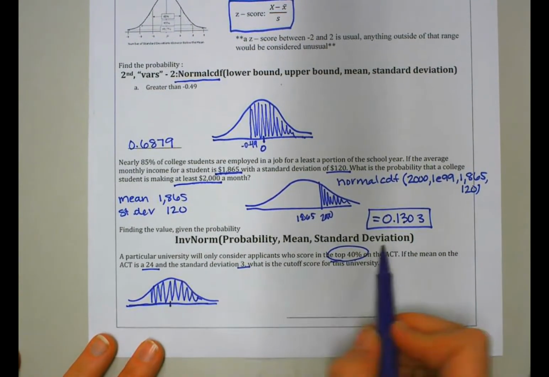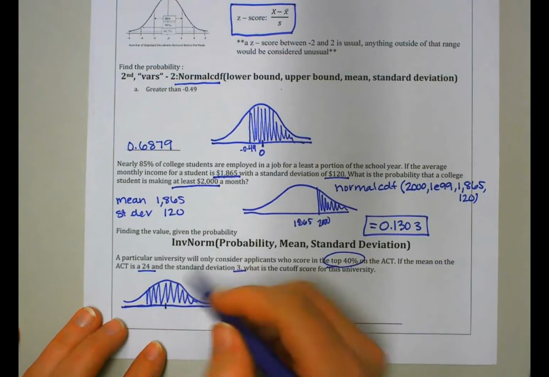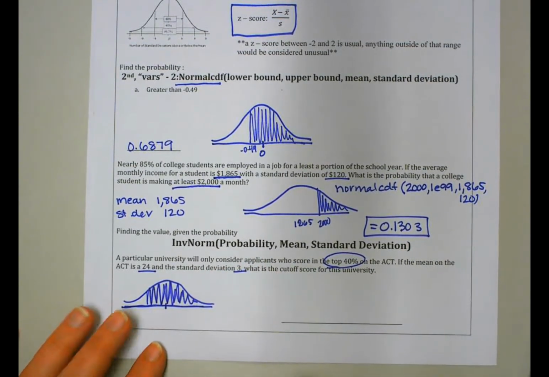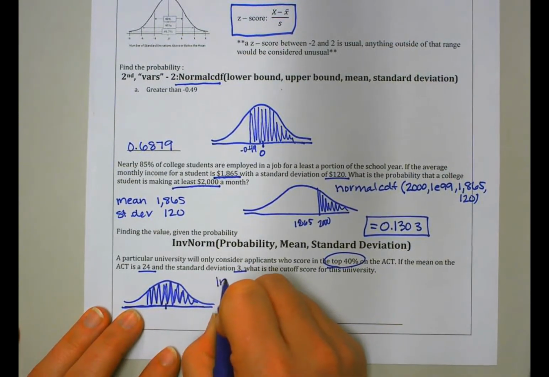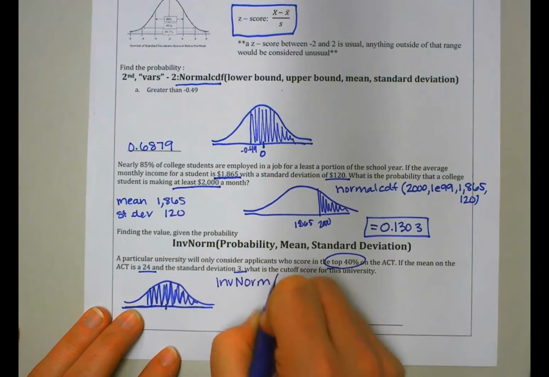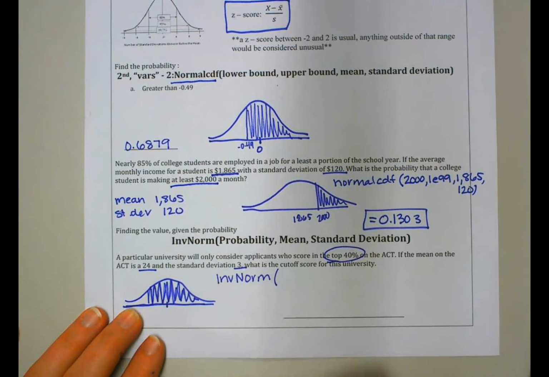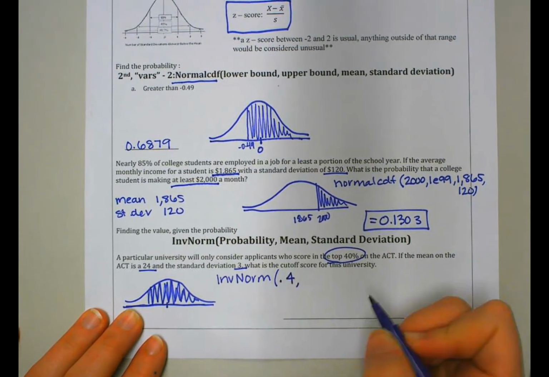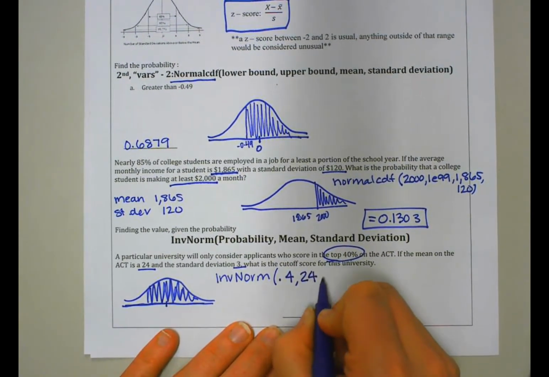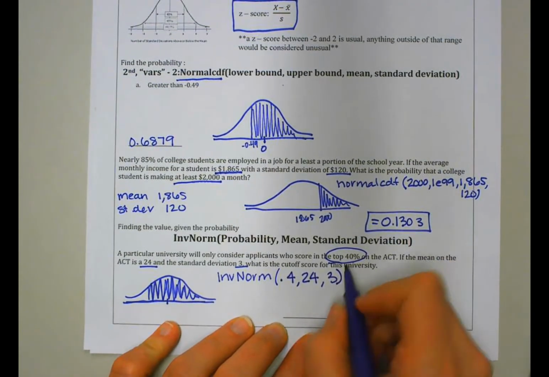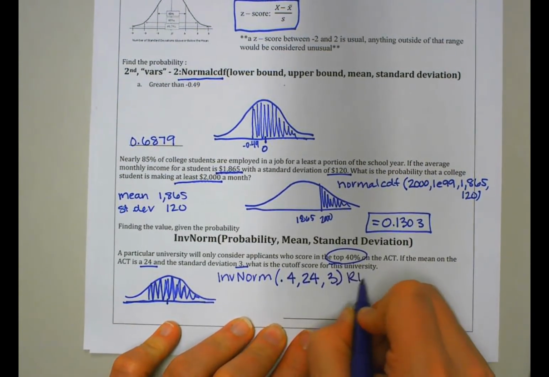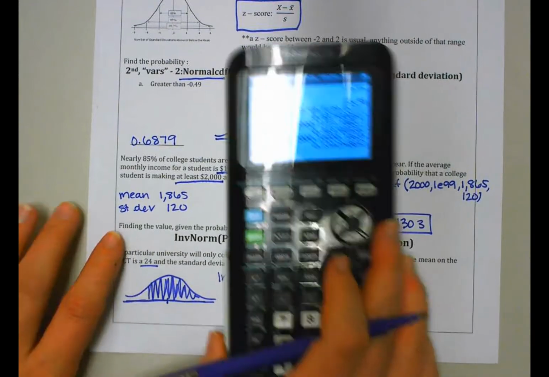So this is when we used our inverse norm. Now you have to be careful depending on the calculator that you have. If you have a newer calculator, inverse norm, you can pick, right, that we're using the right side of this graph. So we would say we want the top 40% with a mean of 24 and a standard deviation of 3. Oops, I shouldn't have closed that parentheses. And I'm going to use the right side of this graph. So when I do that,